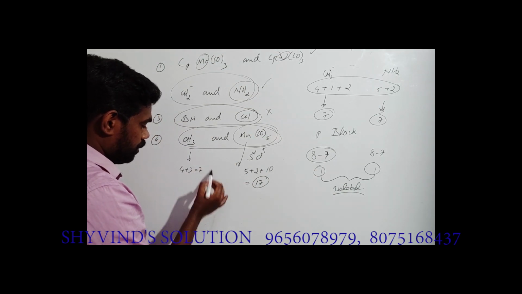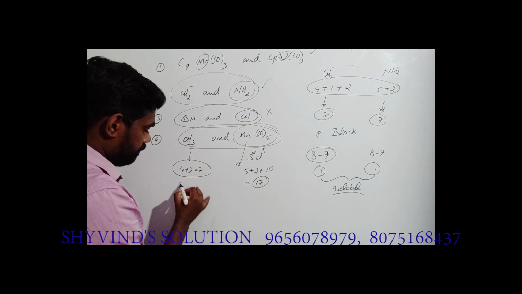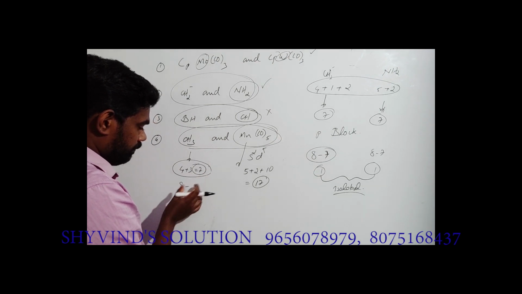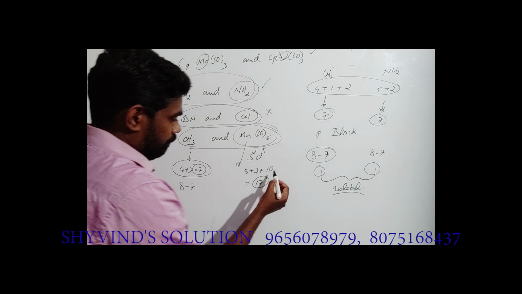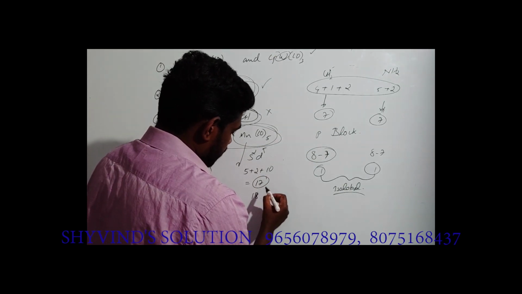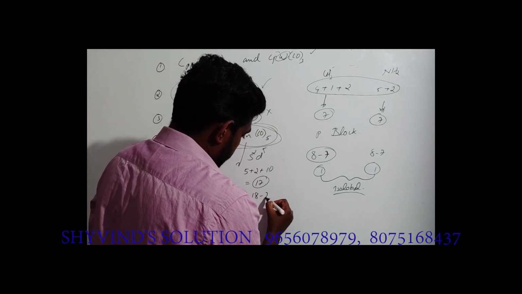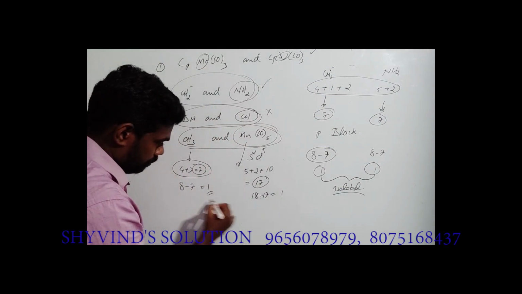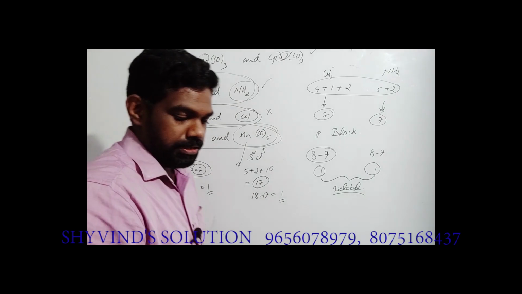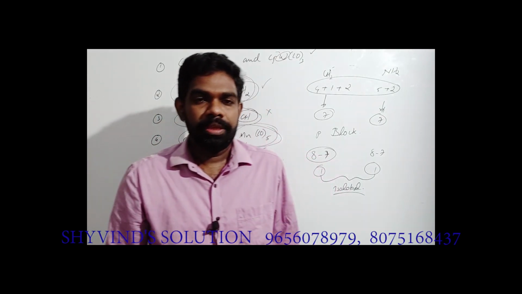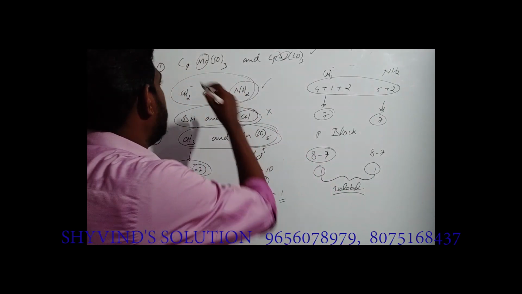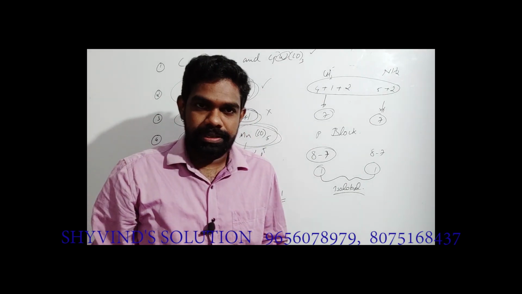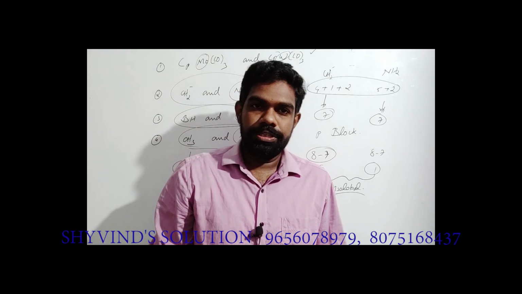To find the isolobal species in p block elements, we subtract the number of electrons from 8, that is 8 minus 7, and for d block elements we subtract from 18. Okay, 18 minus 17, so we get 1 here and we get 1 there, so both are the same, so they are isolobal species. So option C is also correct. So the answer is A, B and D. C is not correct. That is the answer to the 31st question.